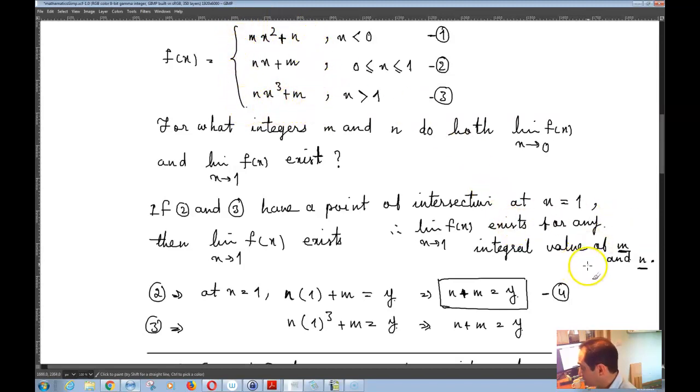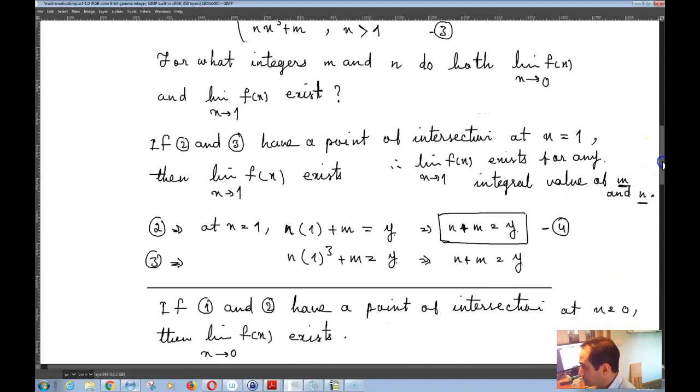I don't really know why they have to be integers. But